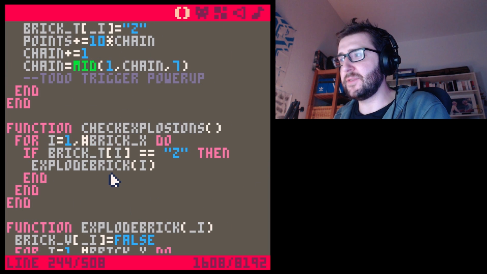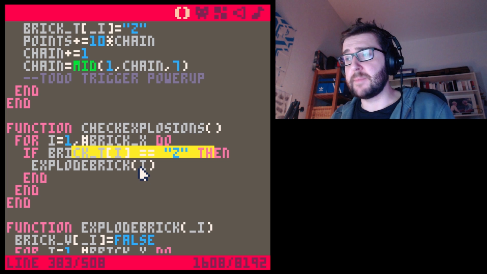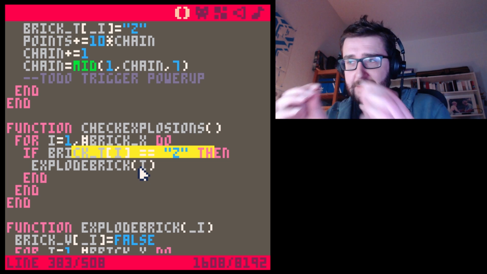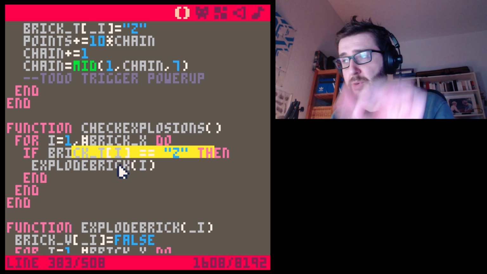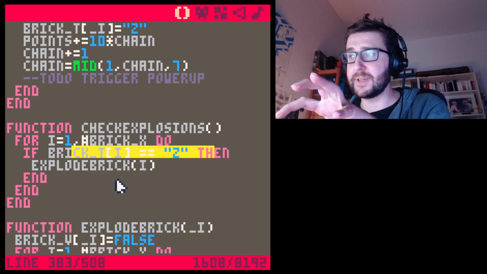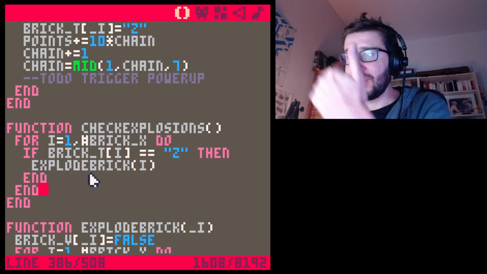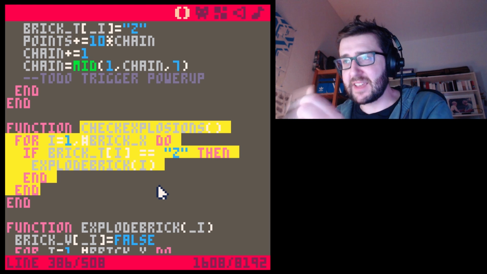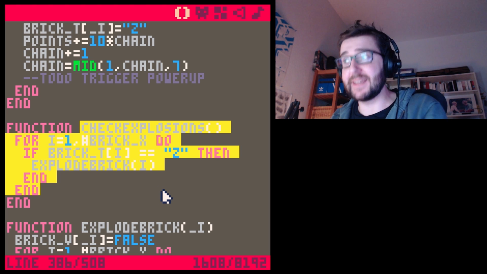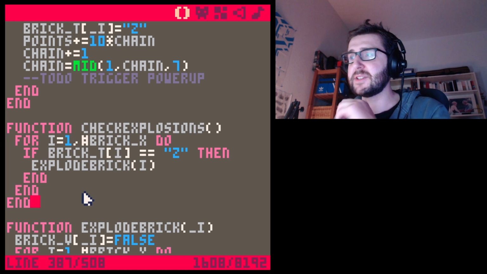So were we checking for the explosions? We iterate through all of the bricks, and some of the bricks might actually be exploding, and in this case, all of the neighboring bricks get marked as exploding. But then, we go back to our loop where we're checking for explosions, and some of the bricks that have just been marked as exploding will explode again. So the chain reaction will